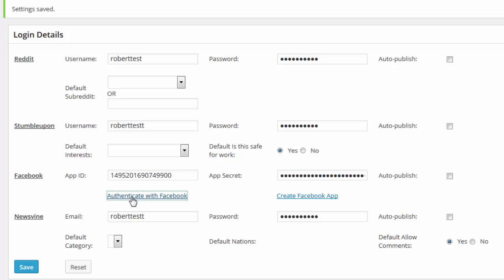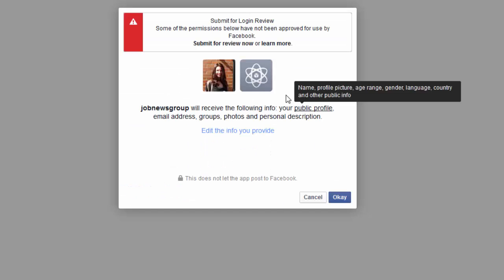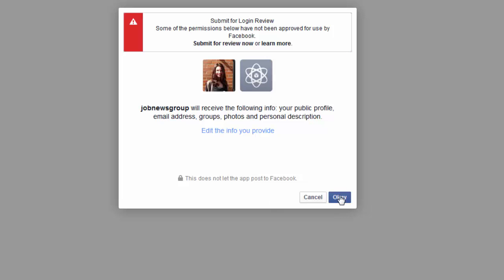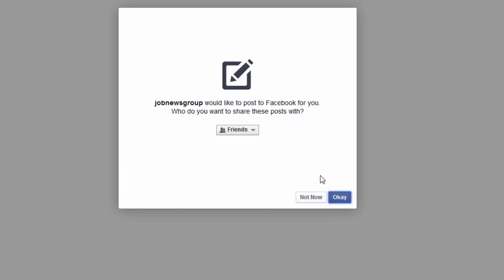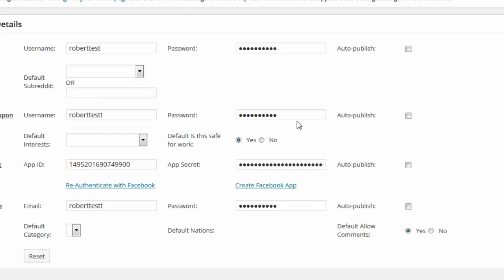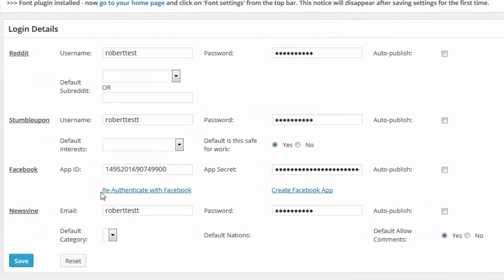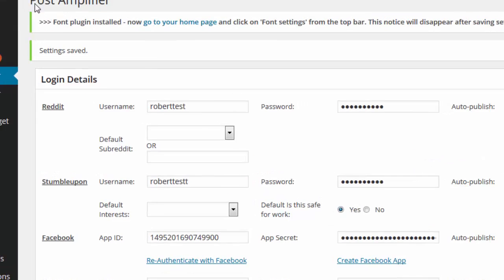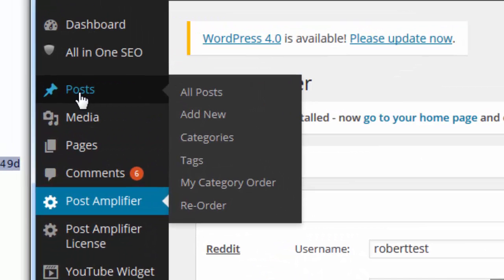I can try authenticate with Facebook. When I go ahead and click on authenticate, I can click OK and say OK, OK, and with any luck, it's authenticating and it looks good. Now it says re-authenticate. We know that it worked. Once you have all these, again, hit your save button and you're all set up. You're ready to go. Now let's click on post,